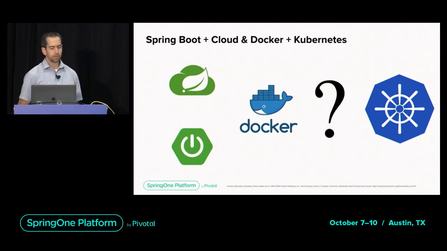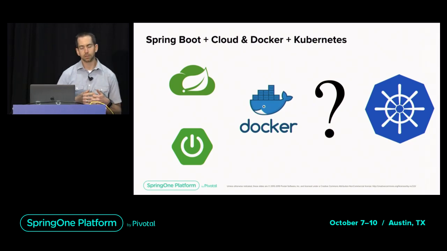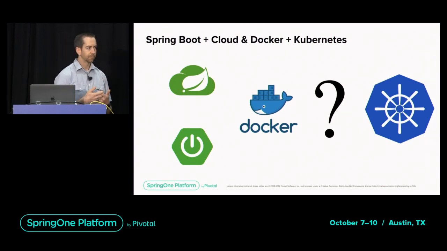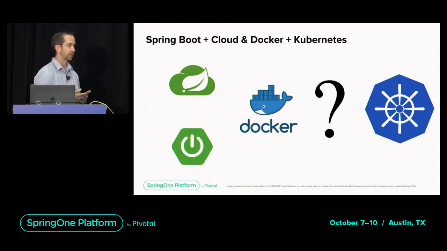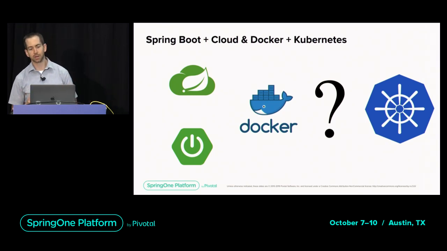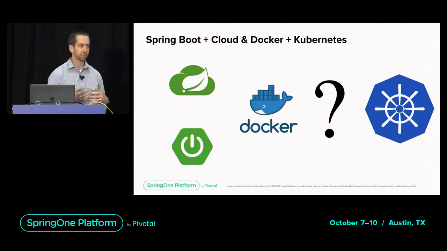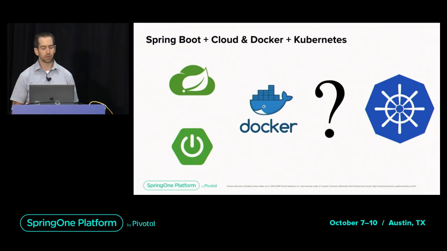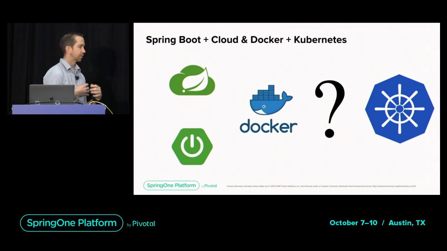But when we think about layering, not just running Boot apps in Kubernetes, but also adding Spring Cloud on top of that, what does that look like? Well, up until recently, it's been kind of an iffy situation. If you're familiar with some of the traditional Spring Cloud stuff, we have things like Spring Cloud Netflix, which has a Eureka server, which provides service discovery and a service registry. We have Ribbon there for load balancing. We have some circuit breaker stuff. We have a config server that externalizes configuration.